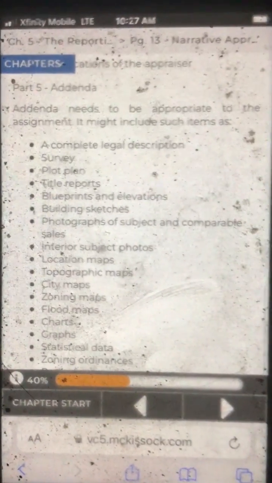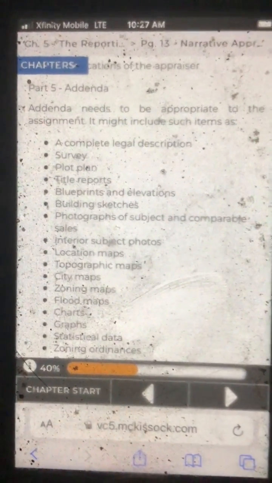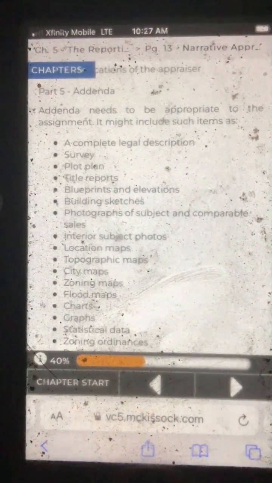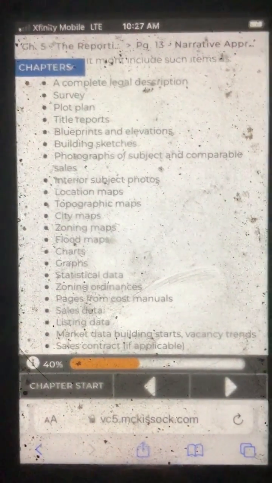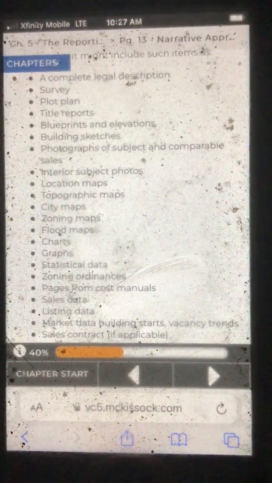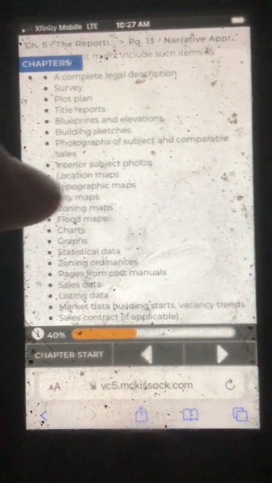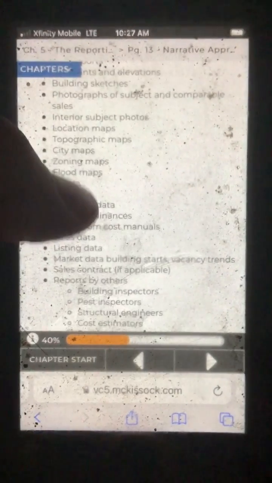Qualifications of the appraiser. Part 5. Addenda. Addenda needs to be appropriate to the assignment. It might include such items as a complete legal description, survey, plot plan, title reports, blueprints and elevations, building sketches, photographs of subject and comparable sales,